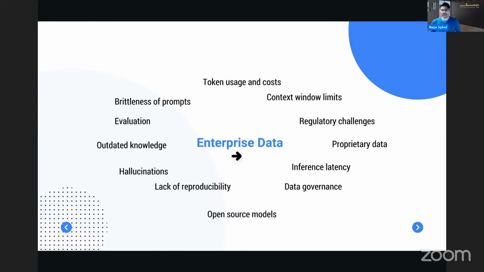Then there are other issues around your proprietary enterprise data. Are you going to be giving this data to ChatGPT or Claude or any of those SaaS software available out there? There could be regulatory challenges around that. Perhaps you cannot share that data with any of these applications. Then you're talking about data governance.